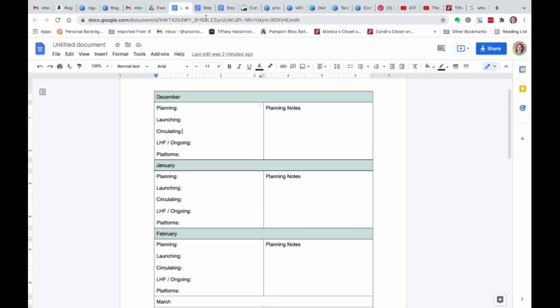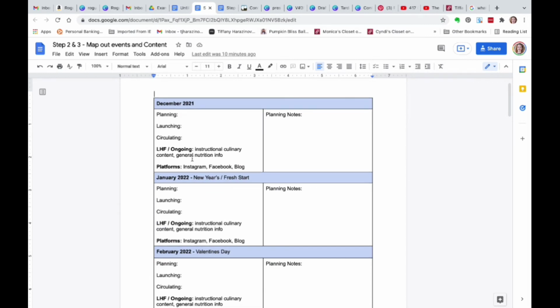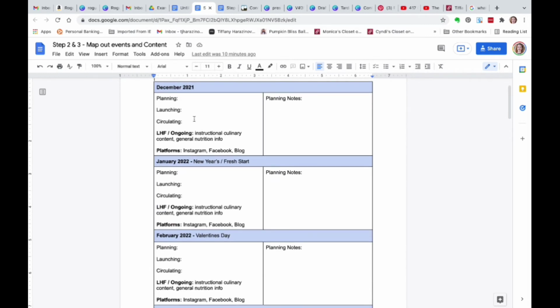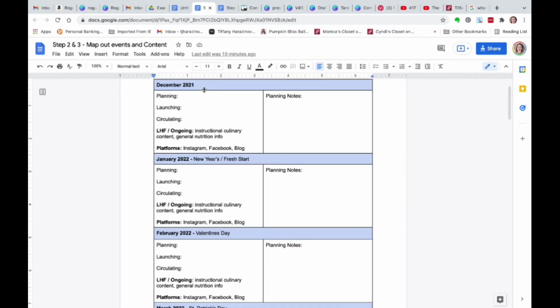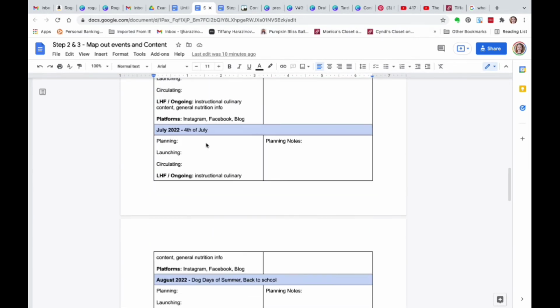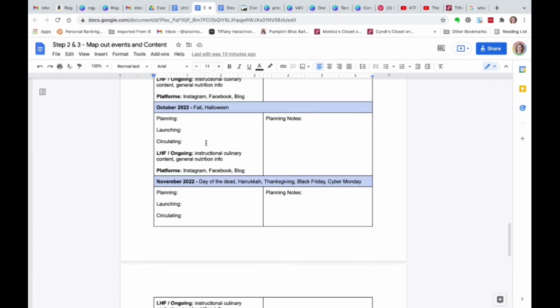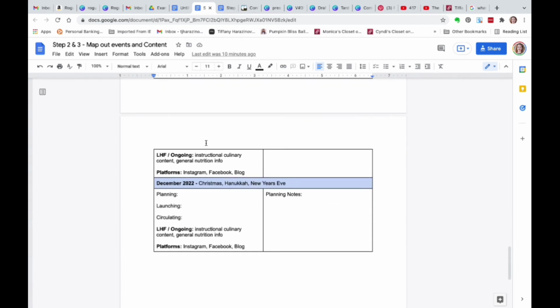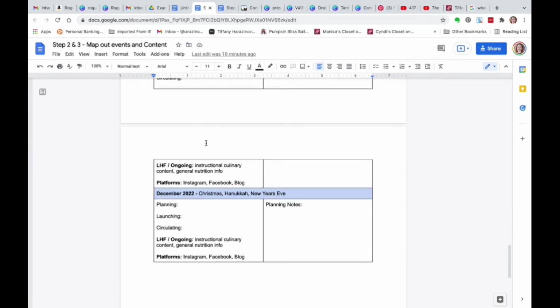So I'm going to move to step 2, but first let me show you a finished version. So I have December 2021 all the way down to December 2022. And so what we're going to do, the next step, is start mapping out all of the